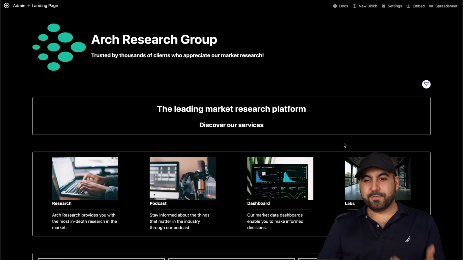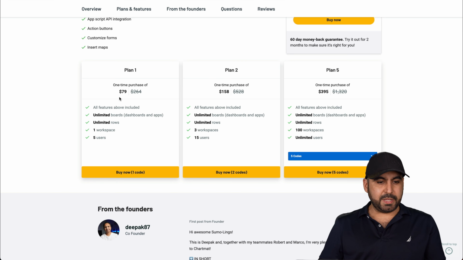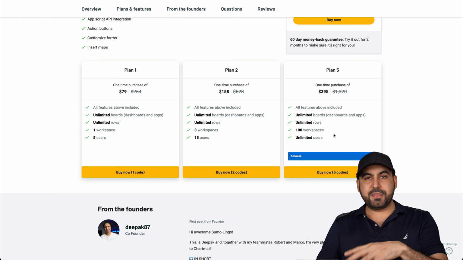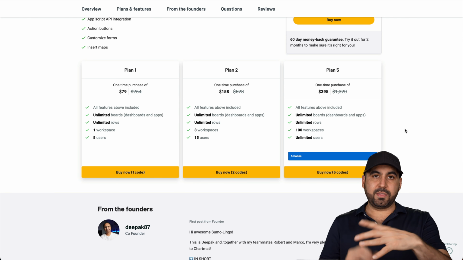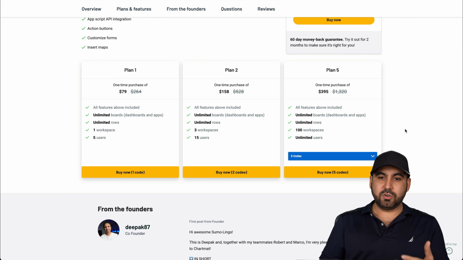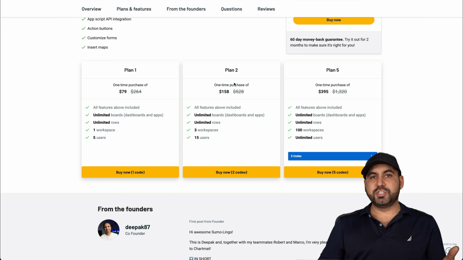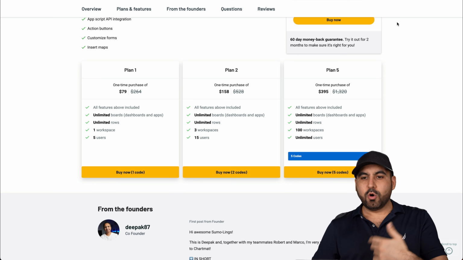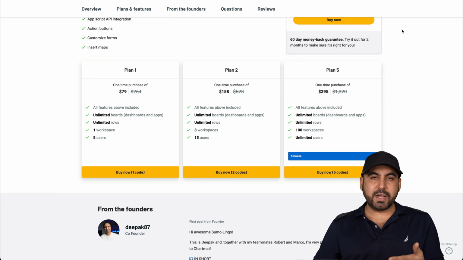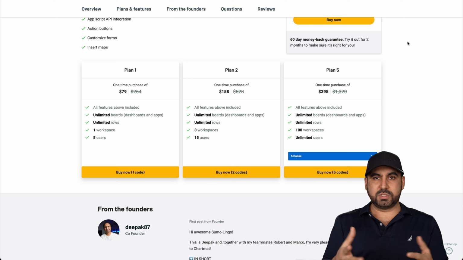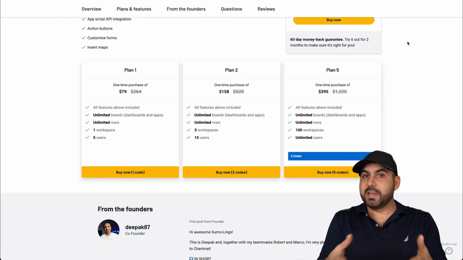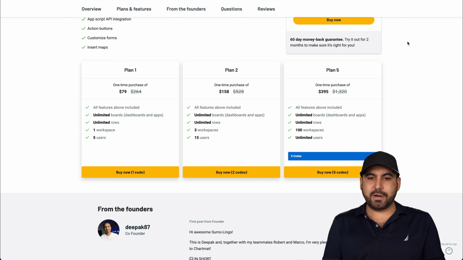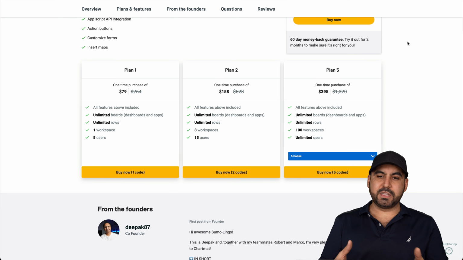So like I mentioned before, I think for the price range for $79, what you get, I think it's well worth it because basically they are hosting this for us. So all they're doing is pulling in the data from Google Sheets and they're doing the hosting. So if we create a landing page and we embed it on our site or just share the link that it generates for us, well, that's going to be hosted by them and it's not going to use our resources for this display of the charts or the landing page, etc. Plus the templates are pretty useful to generate this information.